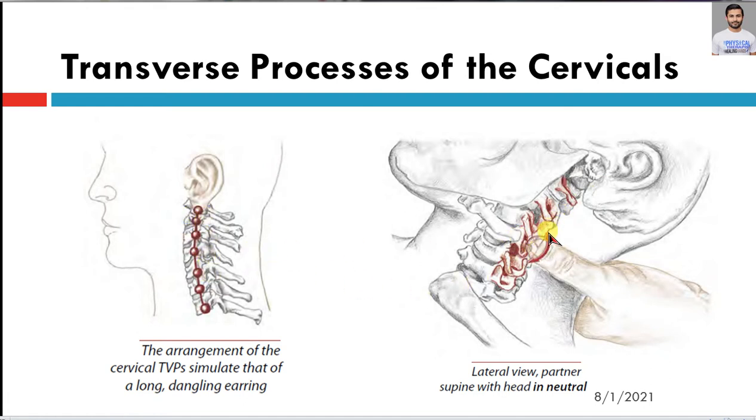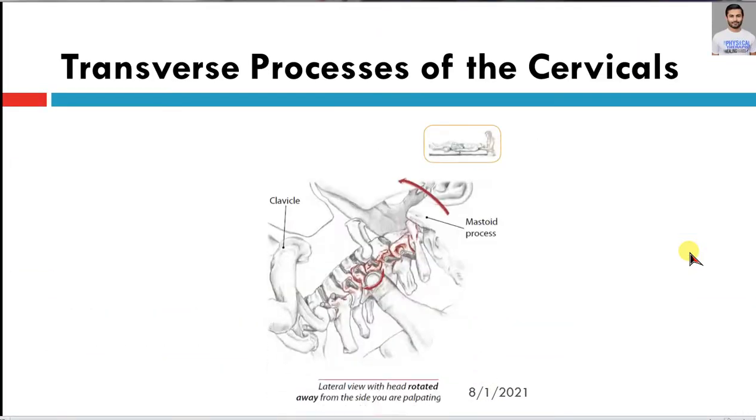So these are also bumpy areas where you will find bony prominence or hard area, then soft area, hard area, soft area. So you'll keep on rocking between hard and soft areas. Again, this is another view. The neck is a bit rotated just to show you a clearer presentation of the transverse processes and the facets.